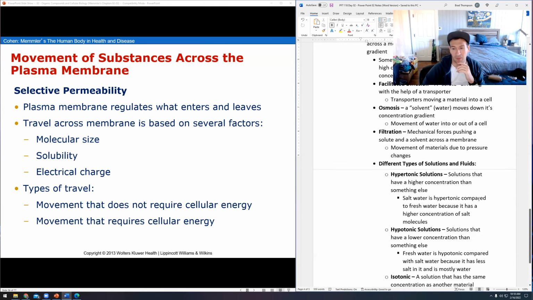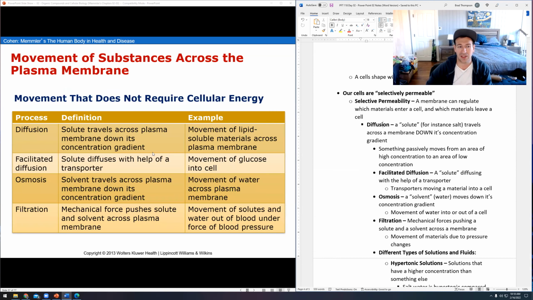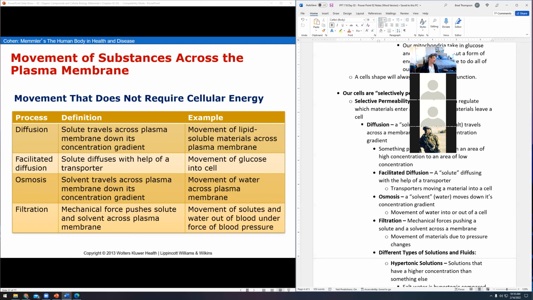Now, last thing I want to talk about before I let you guys go today is this idea of selective permeability. We've been talking about moving materials around, so we want to understand how that works. So we're going to talk really briefly about diffusion, right? Diffusion is where a material like a solute will travel down a concentration gradient. I mentioned yesterday, if you want to understand a little bit of how the universe works, just remember that form follows function. Stuff is shaped a certain way because it has to act a certain way, right? Form follows function. Great, cool. You'll understand the universe a little bit better if we keep that in mind.